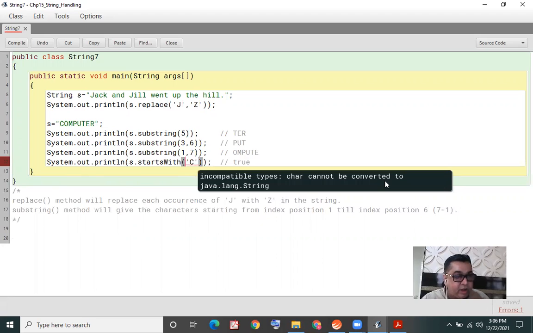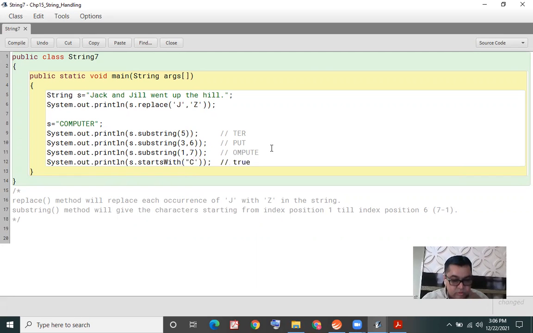Small correction. I'm getting an error over here, as you see. Please note this difference. What change I'm doing is I'm giving that character C in double quotes. Earlier, I was giving it in single quotes. It was giving an error, and I corrected it to double quotes. Now the error is not there. That means when you're checking whether the string S is starting with something, you're going to give it a string value. Even if you're checking whether it's starting with the letter C, you put it in double quotes as a string value.